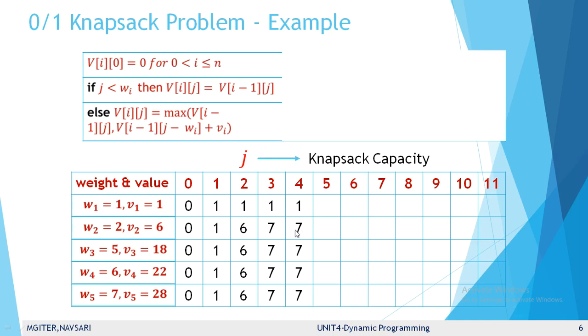So we write here 1. Further, we have an option here, two objects with a weight of 1 kg and 2 kg, and the value of those objects is 1 plus 6 is 7. We write here 7. Now we have a further option, but the capacity of the bag is only 4, so we cannot include 5, 6 and 7. We include only two objects with the weight of 1 kg and 2 kg, and the value is 1 plus 6 is 7. So we write here 7.